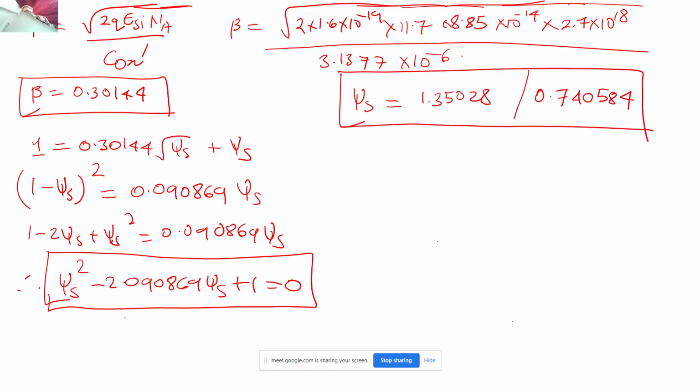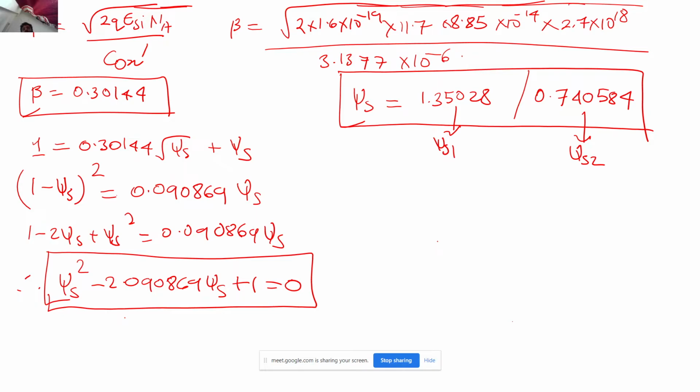Now I have a confusion over here. Let's say this is psi s1 and this is psi s2, correct? Which of these values is the correct answer, right? If I had got a negative value somewhere, I know that a negative psi s is not possible because I have applied a positive potential at the gate. It's positive 1 volt. So the voltage dropped across the oxide plus the voltage drop that happens near the surface should be equal to 1 volt.